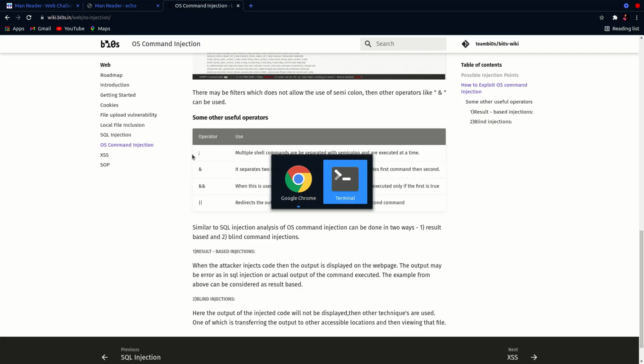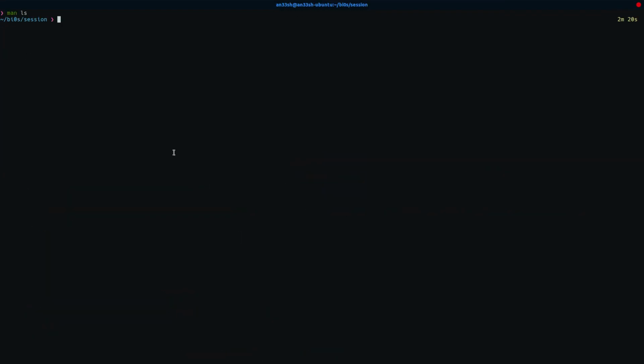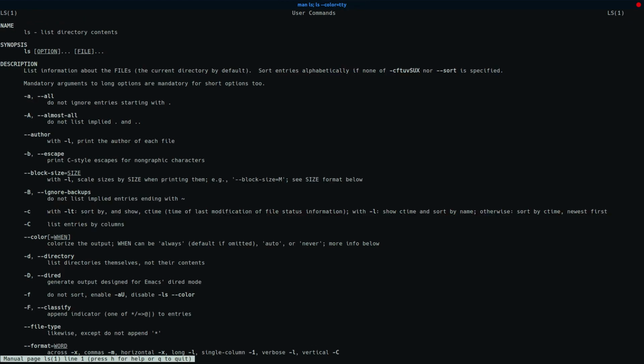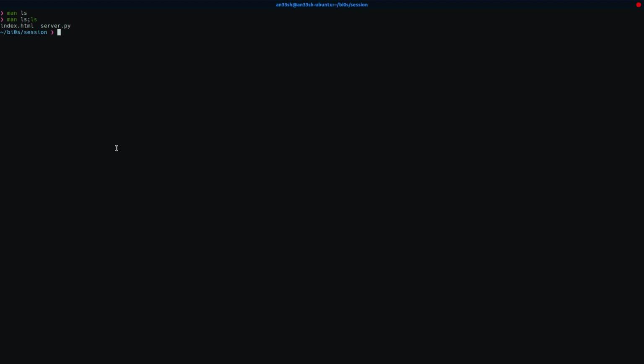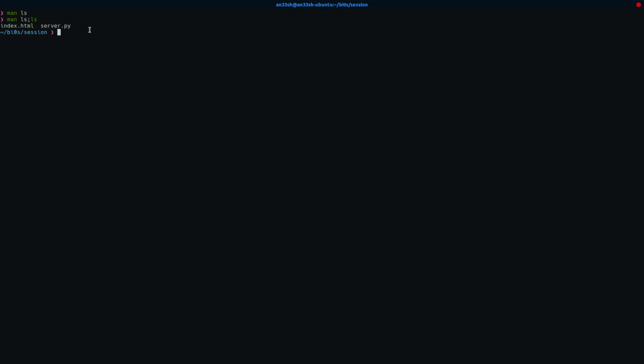As an example, I can show in the terminal. First we run our man ls command, and then we put a semicolon and then ls. This is the output of man ls, and we can see it ran our ls command also. These are the files in the directory, so it ran that command also.